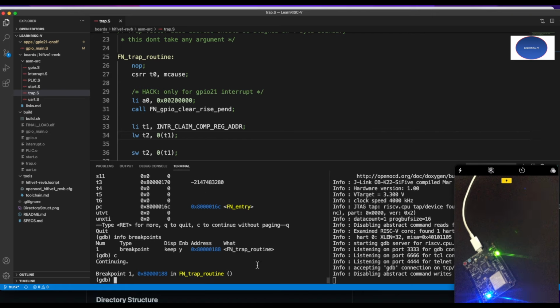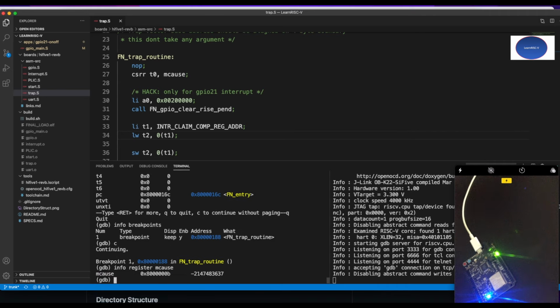One is what has caused the trap. Info register mcause. I'm also reading this mcause value into T0, but since this is a hardware register, we can directly read from this. But if you pay attention to this, and if you see the manual,